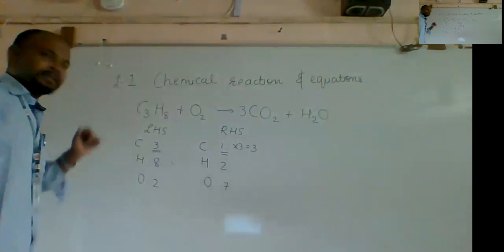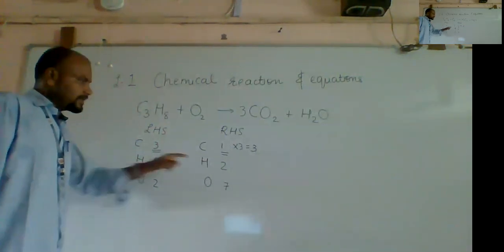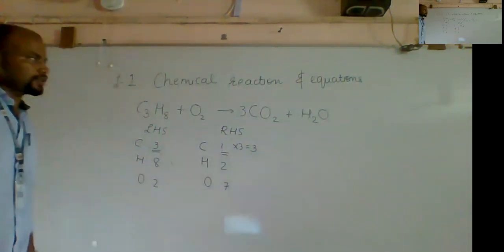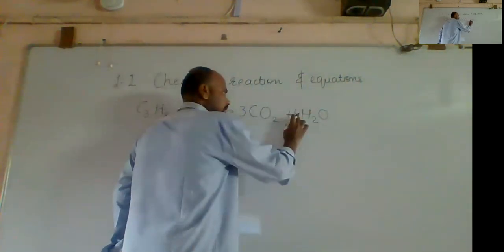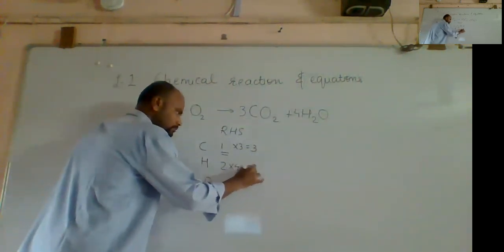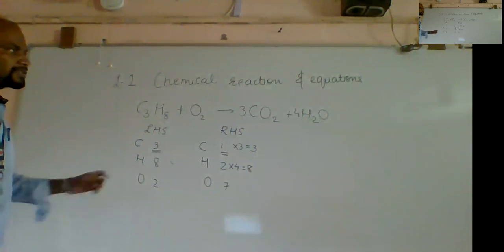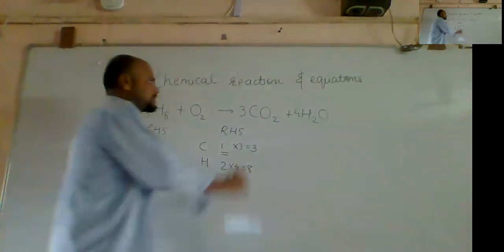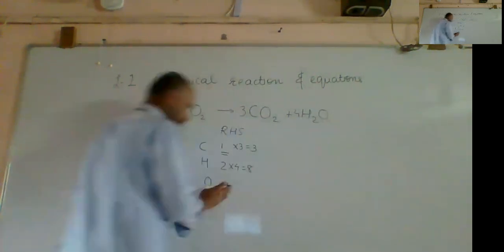Now, moving on to the second element, hydrogen. You see over here in hydrogen 8 atoms are there, whereas here only 2 are. So, in order to get hydrogen balanced, we need to multiply water with 4. So, we will put prefix 4 over here, so that 4 twos are 8, and over here 8 atoms. So, here we have balanced 2 elements, that is carbon and hydrogen. Now, on placing 4 to the water molecule on the product side, see the number of oxygen atoms is 3 twos are 6, 4 ones are 4, 6 plus 4, it has become 10.